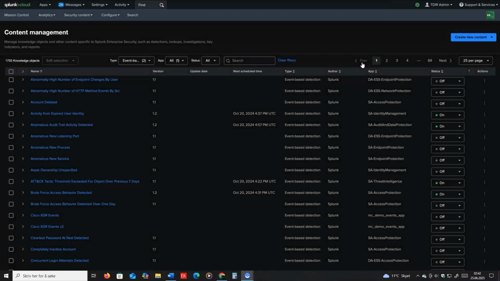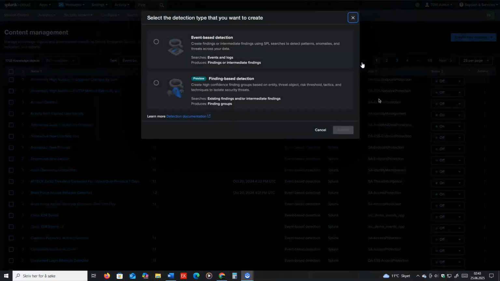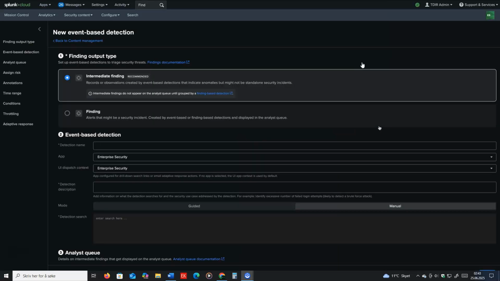Next, let's talk about security detection content. A very big and important part of security analytics is the detection content that helps you find security threats. And Enterprise Security 8.0 has a number of enhancements in this area as well. First, we have event-based detection, which is very similar to correlation searches in previous versions of Enterprise Security. And these allow you to search Splunk data, Splunk events, for potential suspicious or malicious activity. And so you can create new ones of these via the content management page, or you can utilize Enterprise Security content updates, where we have over 1,000 predefined security detections ready for